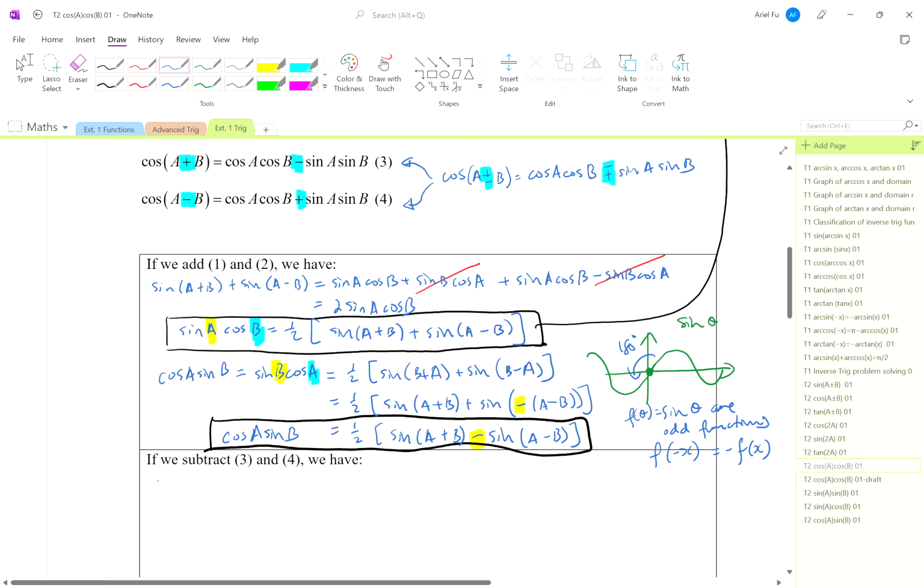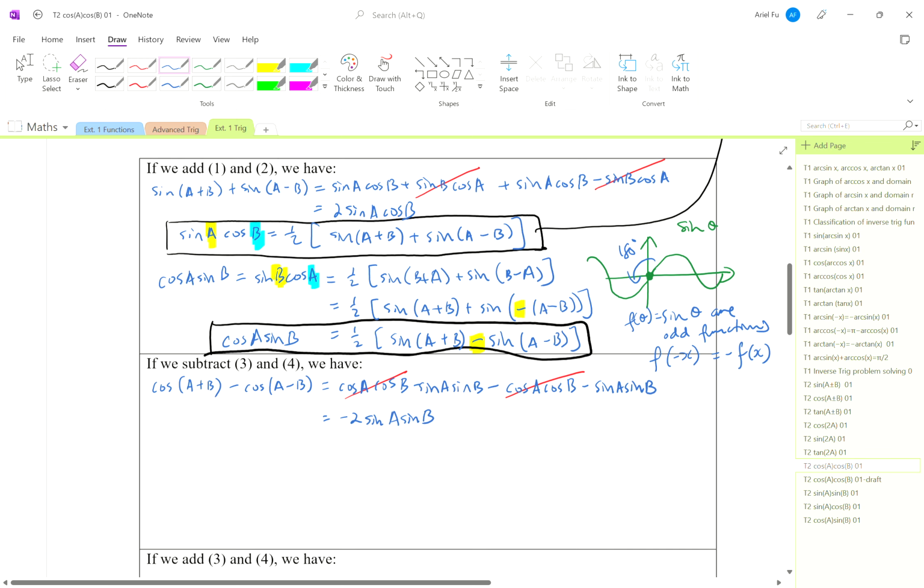If we subtract the first one, cosine of A minus or plus B, we subtract the last one, which is this, the fourth one from the third one, which is equal to the right hand side of the third identity, take away the right hand side of the fourth identity. What you're going to realize is that over here cosine A cosine B and cosine A cosine B are going to cancel out. So this is going to give me -2 sine A sine B,